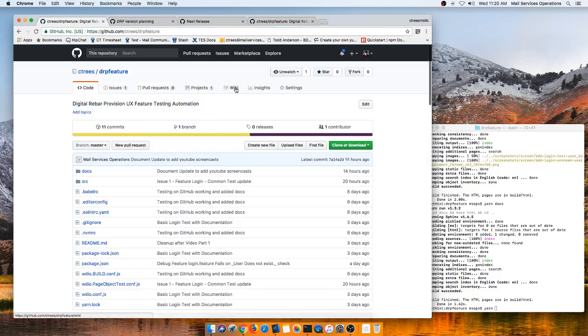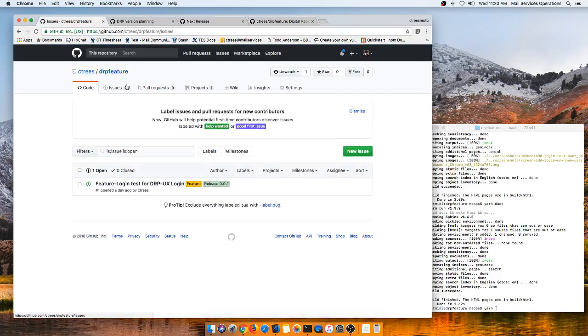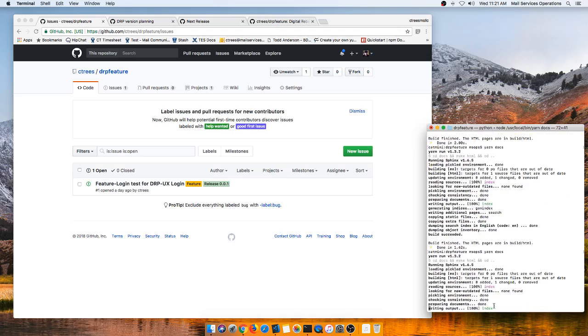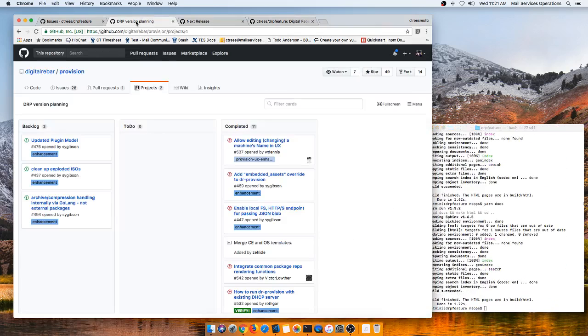What did I? Okay, issues. Oh, it's not capitalized. So I'm actually going to correct that in the documentation here. The documentation is off screen, but I'm going to rerun documents. And then I go back to